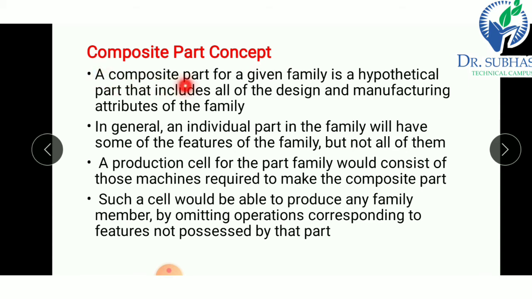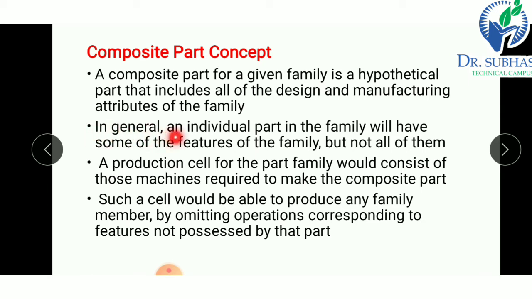A composite part for a given family is a hypothetical part that includes all the design and manufacturing attributes of the family. That means the composite part concept uses both design and manufacturing attributes for grouping a part.